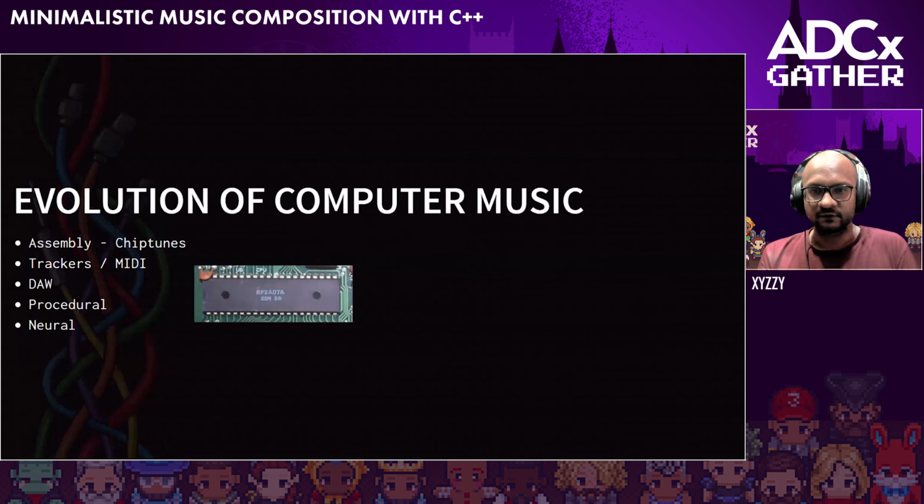So, just to give you a brief idea, right now we are basically doing neural music, you could say. A lot of AI music is being generated. But if we go back to the start, it's sort of the exact opposite. We had some sound chips, and you used to program them via assembly, pinging them instruction by instruction, and it was all 100% deterministic.